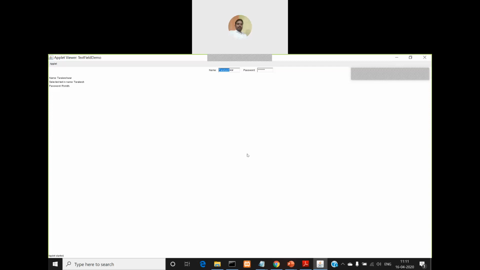You can use those methods. We'll see later, when we cover the layout manager concept, how to lay them one below the other. Fine, don't worry, that will also be covered.